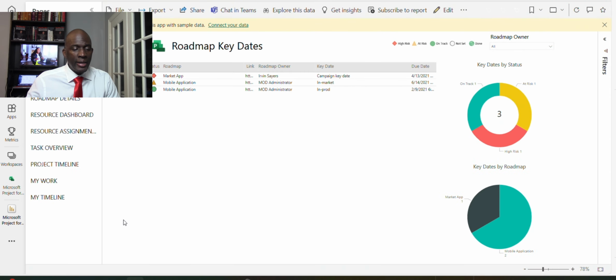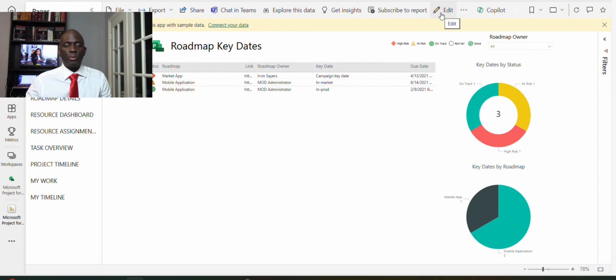So with that said, editing the app in this particular version of Microsoft Project or Project for the Web, this does not give you the resources that